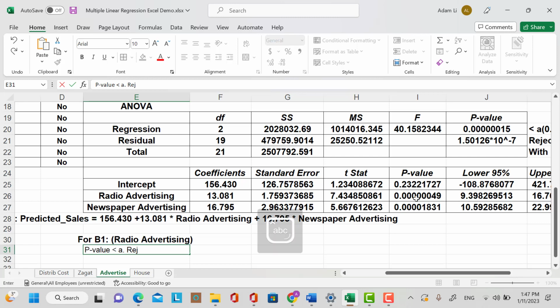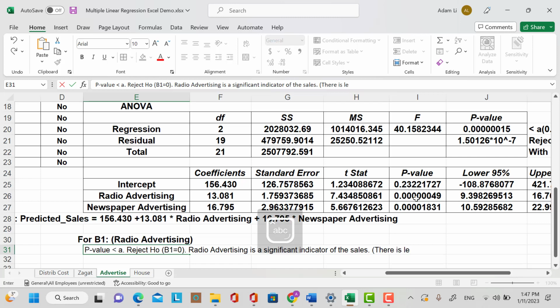That means we're going to reject H0, where H0 is beta 1 equals 0. That means radio advertising is a significant independent variable that we utilize to predict the sales. So radio advertising is a significant indicator of the sales. Another way of saying this is that there's a linear relationship